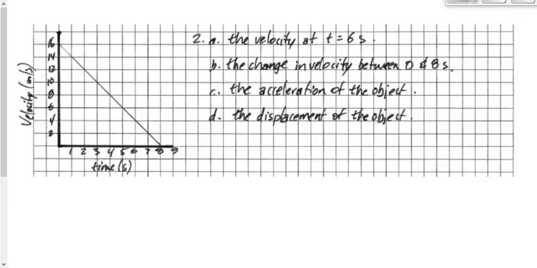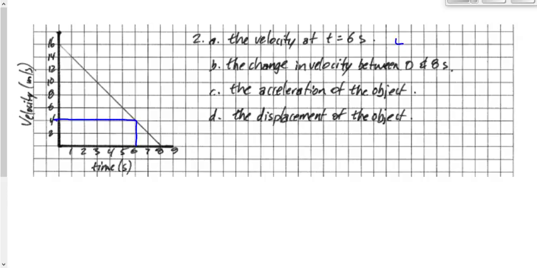Looking at question number 2 from our velocity time worksheet, 2A says, what's the velocity at 6 seconds? When we want to find a variable that appears on the y-axis of a graph, whatever that variable is, if it's a velocity on a velocity time graph, or position on a position time graph, or force on a force time graph, or momentum on a momentum time graph, whatever it is, all we're going to do is go up and over. So we're going to go over to 6 seconds, go up and over, and we get 4.0 meters